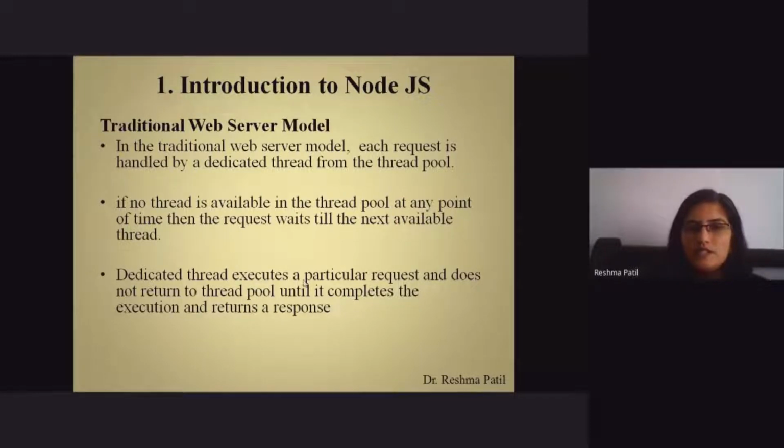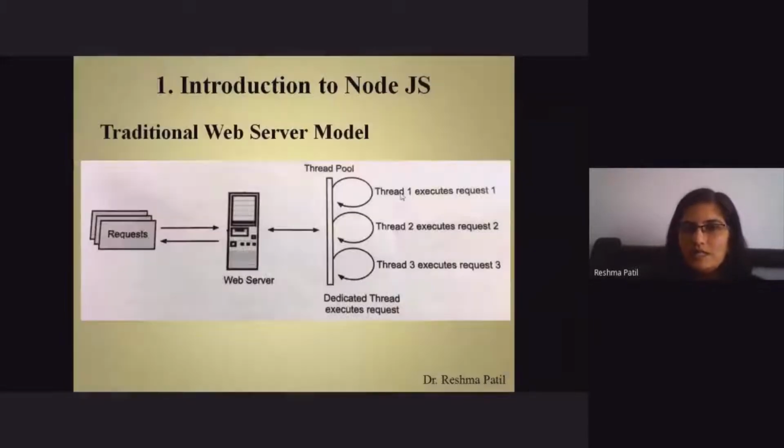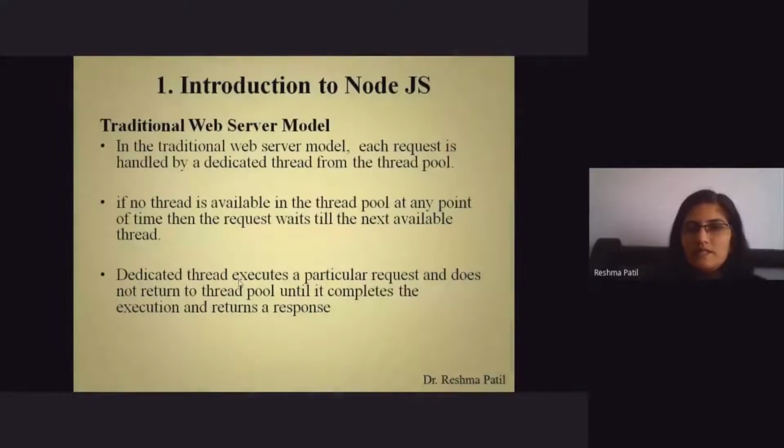A dedicated thread executes a particular request and does not return to the thread pool until it completes. So this is the dedicated thread for this request one. When request one completes its execution, then and only then will it release this thread. Otherwise, it will continue its execution. The dedicated thread does not return to the pool until it completes the execution and returns